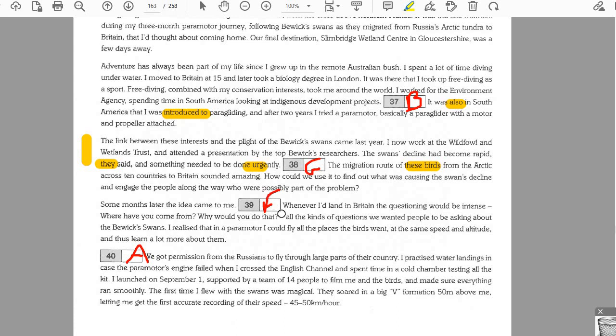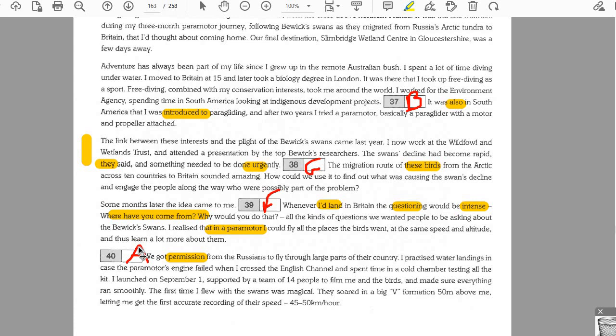Next one is F. You have the connection of paramotoring is still unusual enough that it fascinates people. That's why people are here now questioning, because they are fascinated. Where have you come from? Exactly. So whenever I would land, because it says paramotoring, when you are paramotoring and you land, that's the idea. I think it's like hang gliding but with an engine, so you're flying. So this is the idea, using paramotoring, and this broad questioning. And 40A, so there's the idea. The paramotor, this is where the idea comes in.